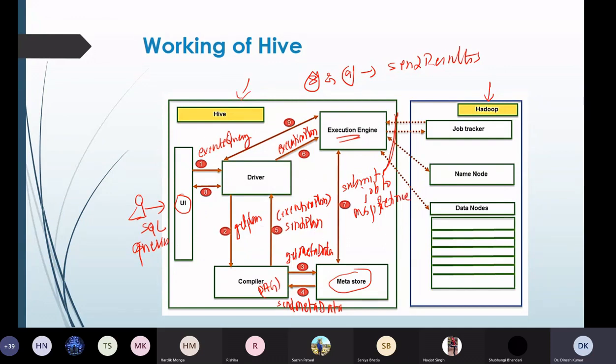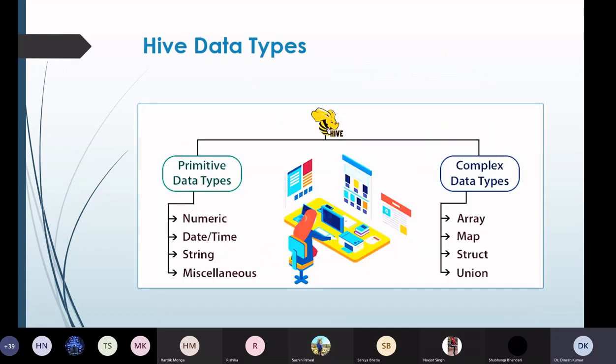Right? Ultimately the task of Hive was to accept SQL queries. So the user here is sending SQL queries. All these components will work in collaboration, and they will submit the job to generate the map reduce. And after doing all the things, the result will be compiled and sent back to the user. So this is how the complete working of Hive is done, or the execution of the query is done in case of Hive.